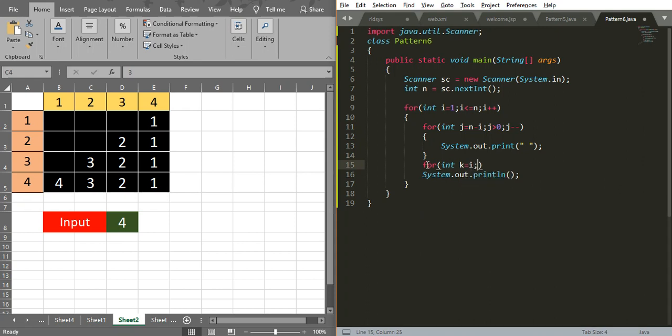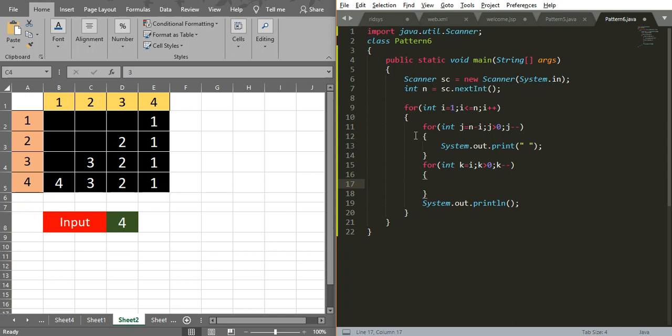So k equal to i means, if it is the third row, the k loop is initialized with 3. If it is the second row, the loop is initialized with 2. So if the initial value is 3, I have to go down to 1. The starting value is 3, the end value is 1. So I need to write the condition as k greater than 0, or you can write k greater than or equal to 1. Then you have to write k minus minus.